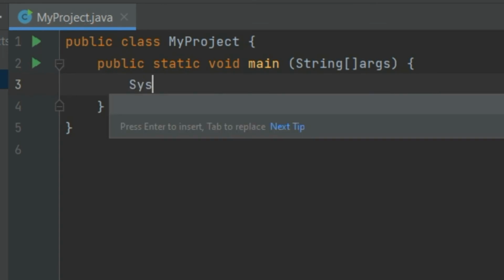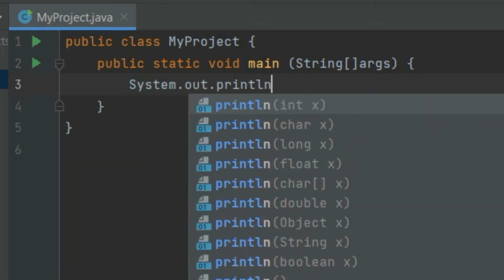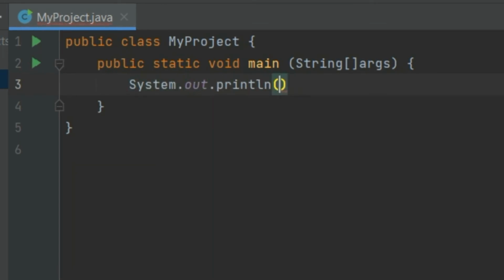Okay, so simply I am writing Hello World. That's it. So my program is ready, and now simply I have to run the program.